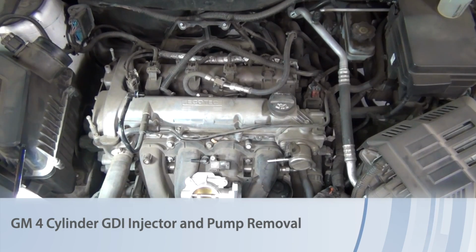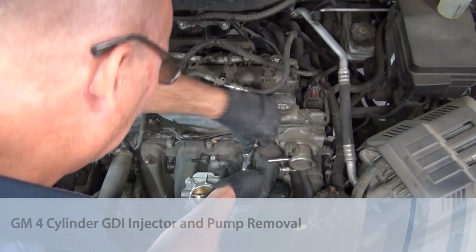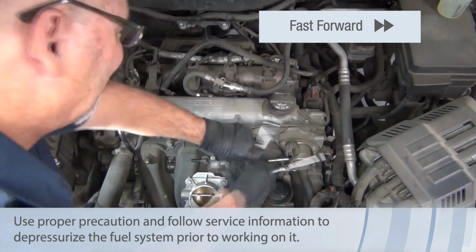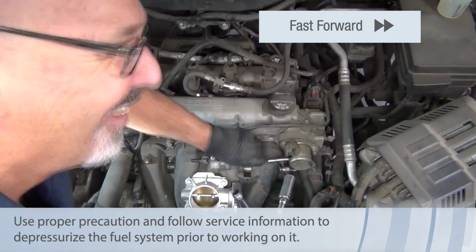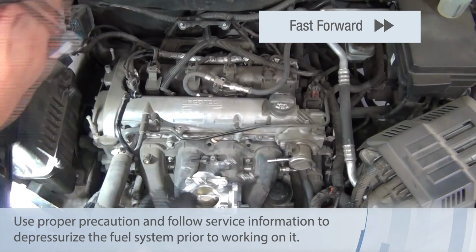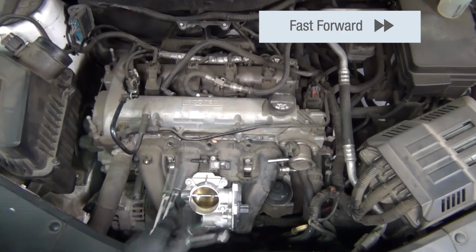In order to access the fuel rail for the GDI injectors on this 2.4 liter Ecotec motor, quite a few steps have to be taken to get to the rail itself. That's going to include disconnecting the battery, any electrical connectors around the throttle body and the intake manifold so that you'll have access to remove the intake manifold, and then the ducting from the throttle body up to the air